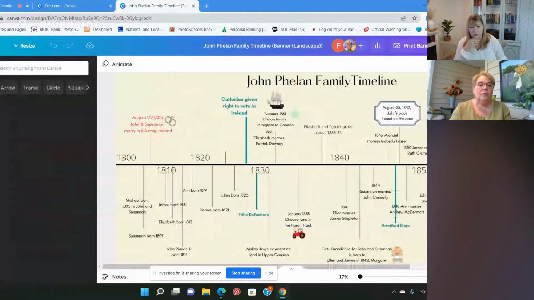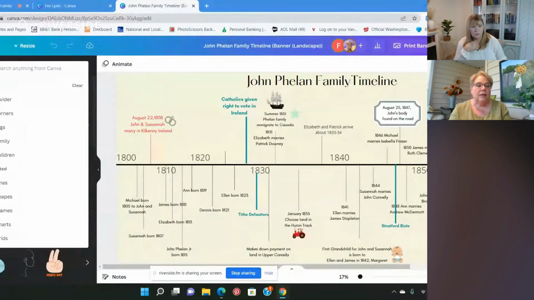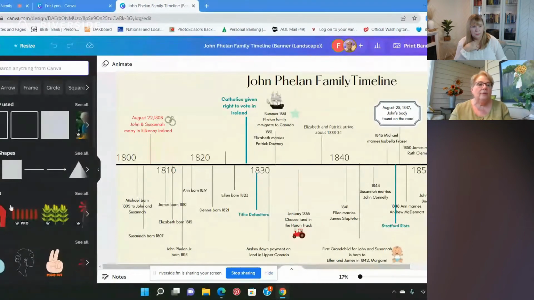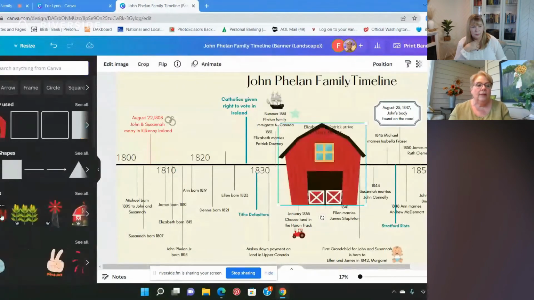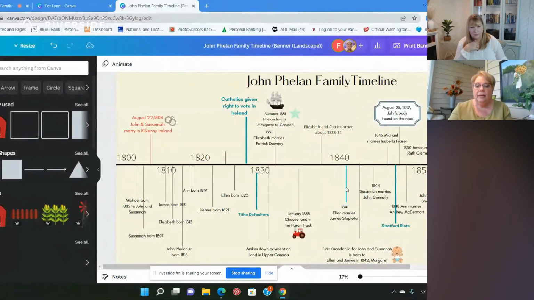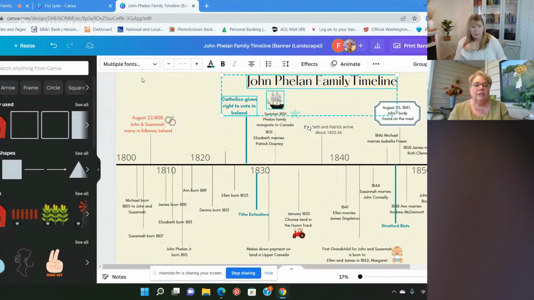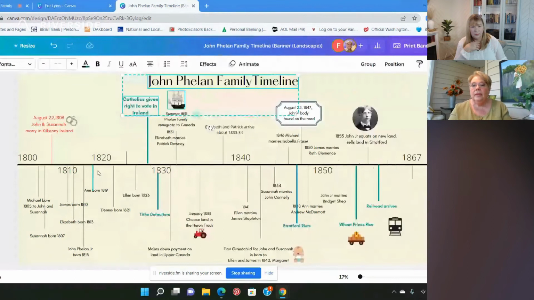Now, you can use them or not use them, but I went over here in Elements. I just clicked in whatever I was looking for, and then it would come up, say a barn, because he was a farmer. And of course, I would resize it and all those kinds of things. So that's where you would find that. And of course, by now, you probably know how to change the color of the fonts, etc. So let me get rid of this because it's kind of in my way. So we went all the way through his death, which was